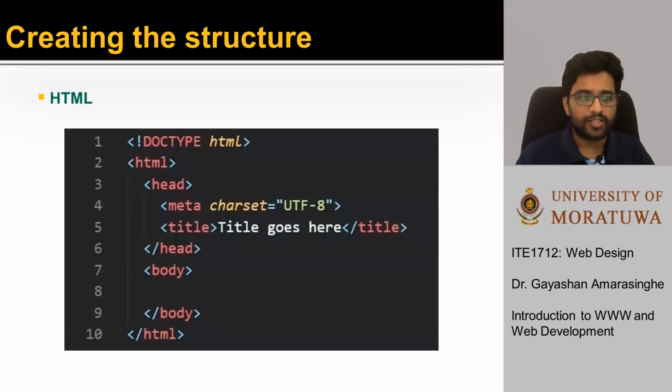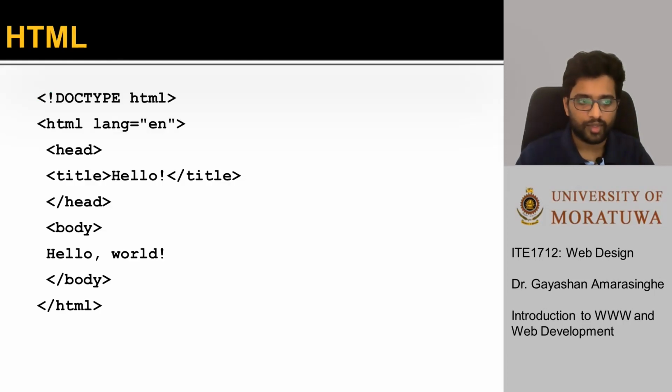So this is an HTML document. You can see as an example, this is how an HTML document looks. We use this hypertext markup language to help us organize our web pages, or the structure of the web page. So let's look at an example of a web page that displays a text called Hello World. In this web page, you can see there are multiple strings of text. We call these HTML elements.